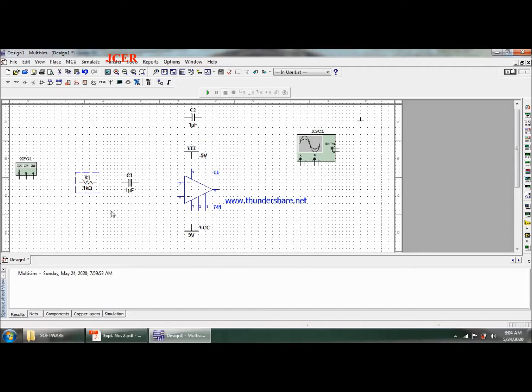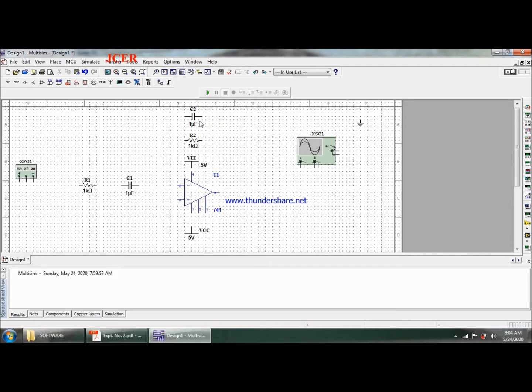I'll copy a resistor and place it over here. Then next I do require a resistor onto the non-inverting terminal as well.